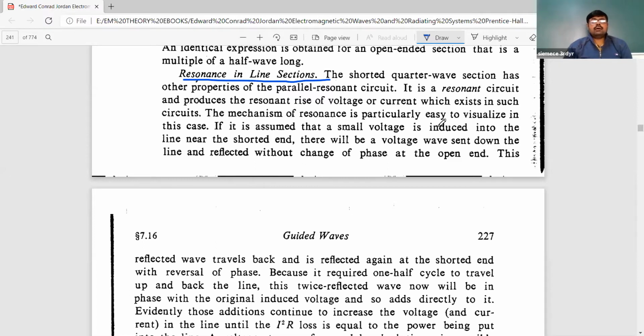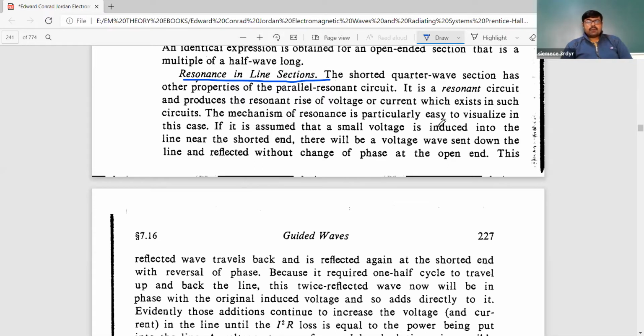The mechanism of resonance is particularly easy to visualize in this case. Mechanism means the characteristics, the format that we will see in this case, which is very practical. How can you find out the resonance circuit? Because in your circuit theory you have seen how to find out the series resonance circuit, and how to follow the parallel resonance circuit. So the different resonance circuit conditions we already know. We studied them in the previous years, in the initial part of circuit theory. For series and parallel resonance circuits, you have to calculate what different conditions and outputs we are getting.